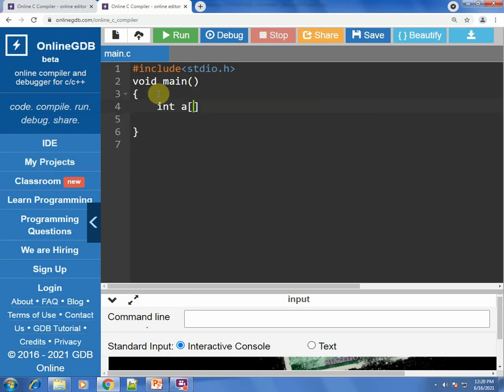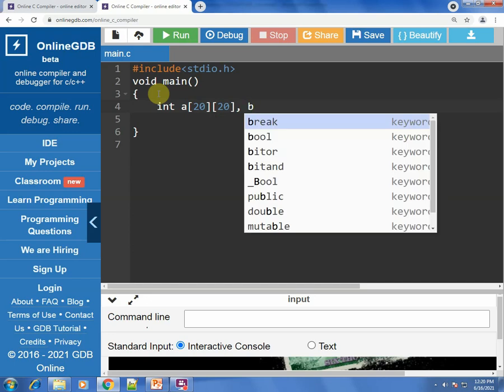One is A, the second one is B, and the third one is C, which becomes your output matrix, as in the C matrix would have your sum of A and B. So let's use the same variables A, B and C. Let us declare A, which is a two-dimensional array of the type integer. Let's declare B.